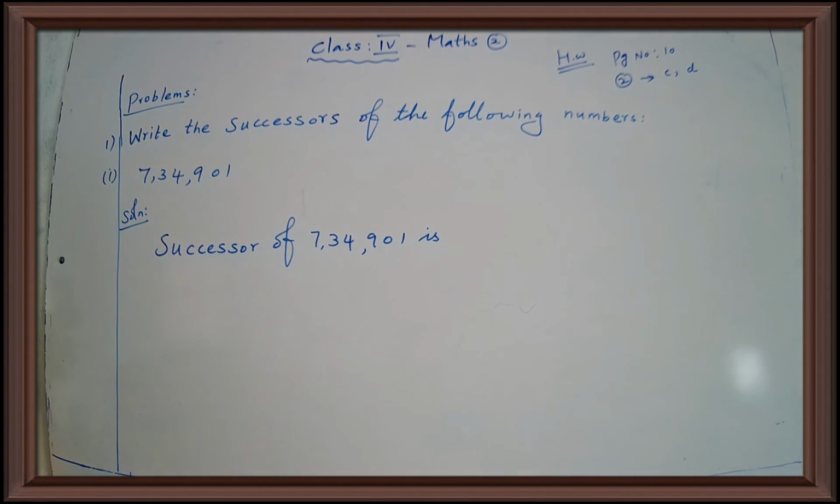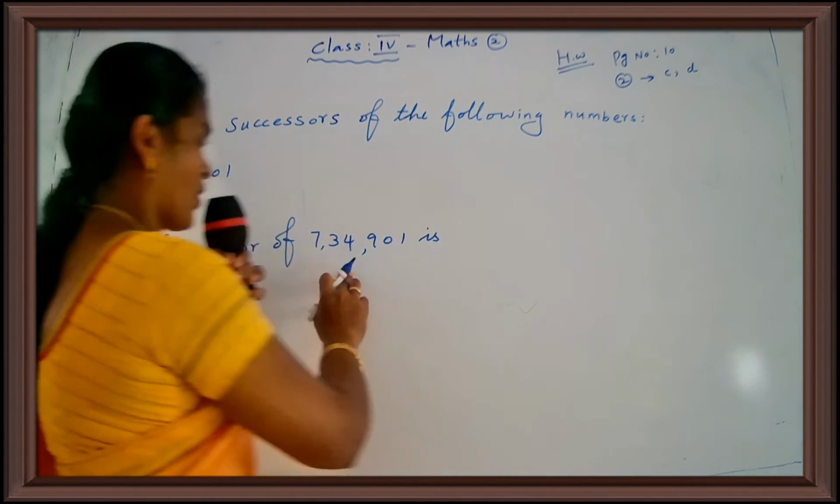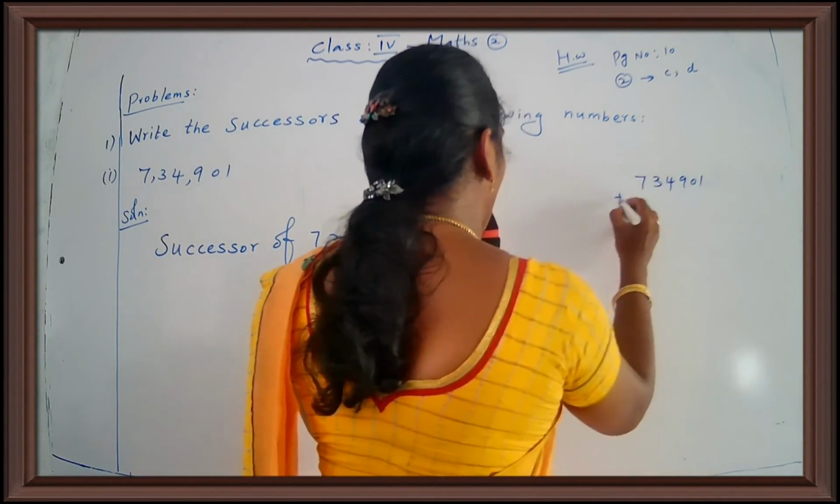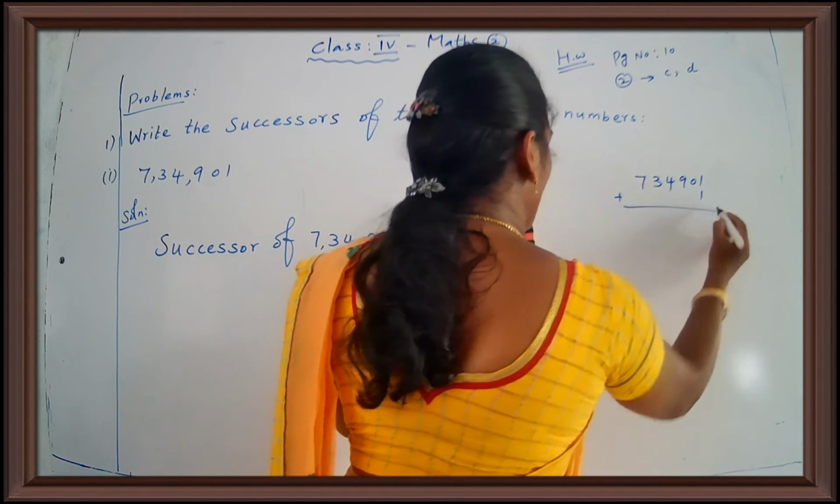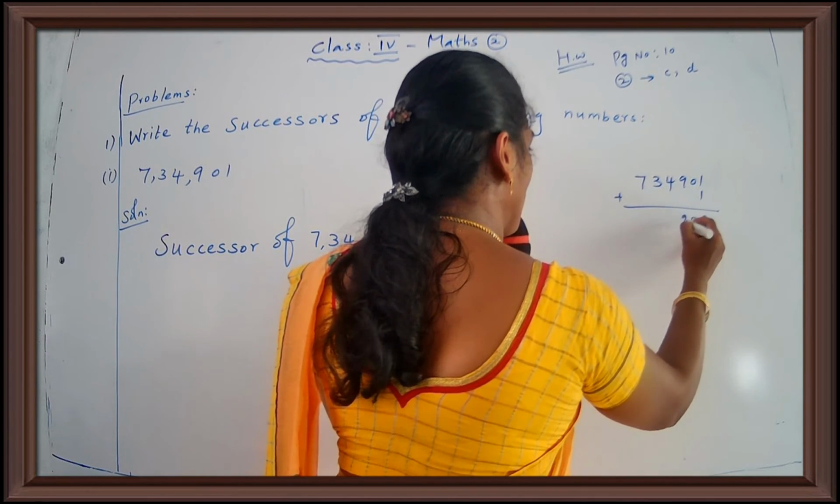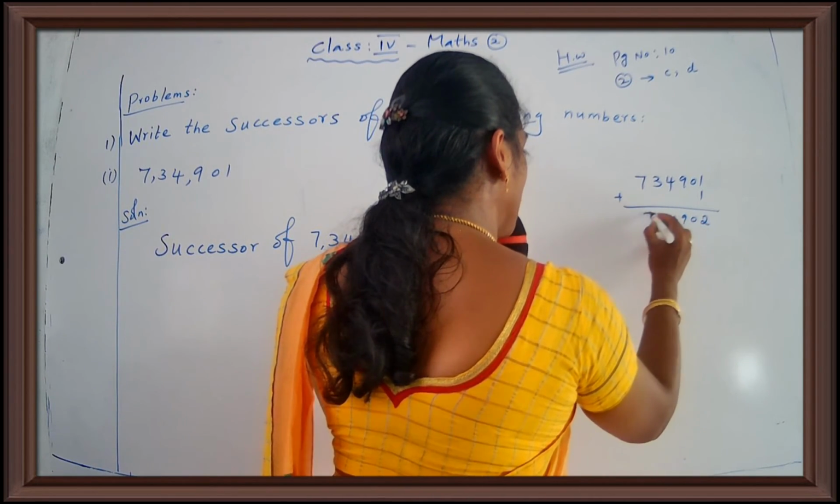Otherwise, we can get the successor of a number by adding 1 to it. So you add 1 to 7,34,901. Children, add 1 plus 1, 2, 0, 9, 4, 3, 7. So your answer is